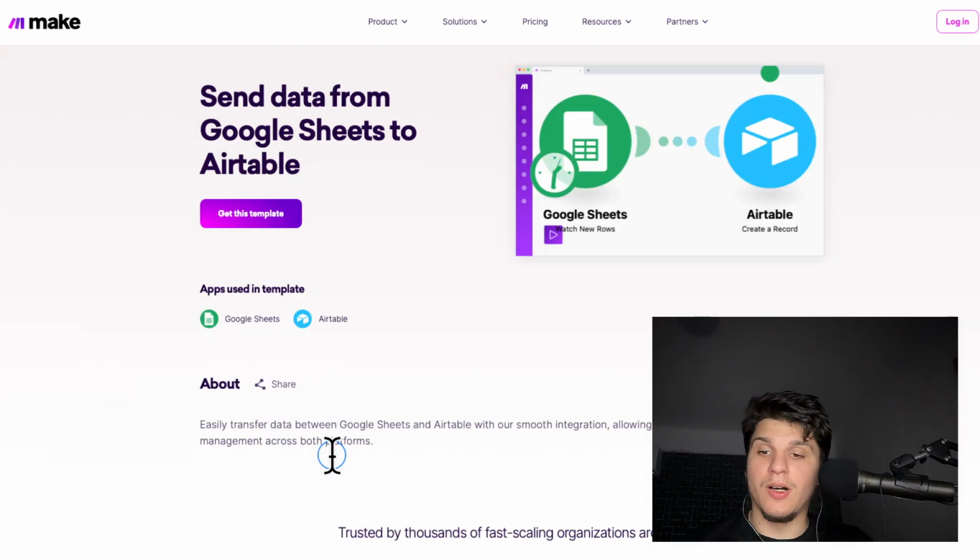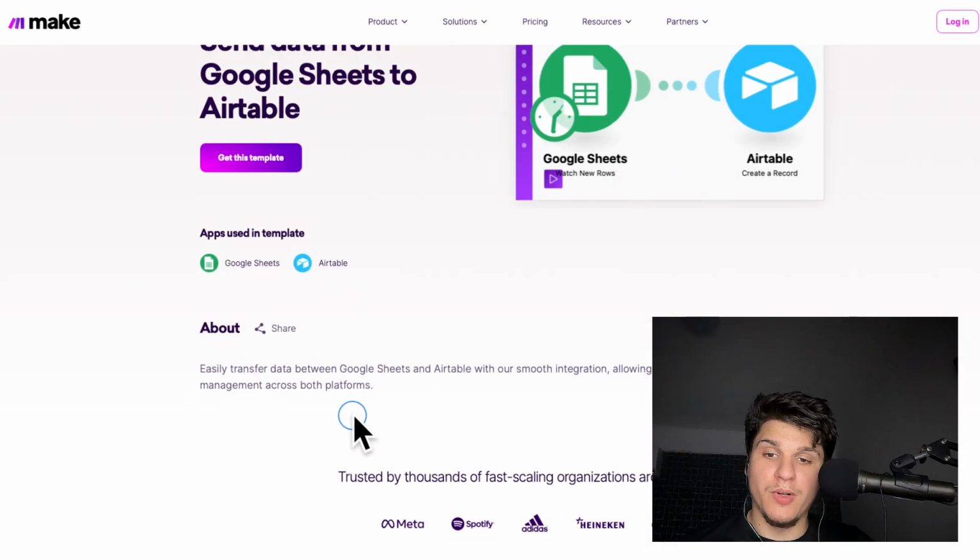Now, the next one, I found this to be great as well because this is a really easy automation on Make.com, and it lets us transfer data from Google Sheets to Airtable seamlessly without any issues. This integration helps everything stay organized and up to date across both platforms without having to manually move the data. And the next one